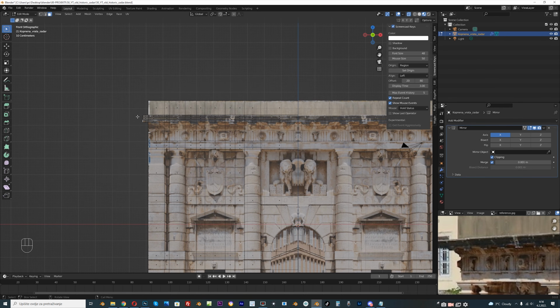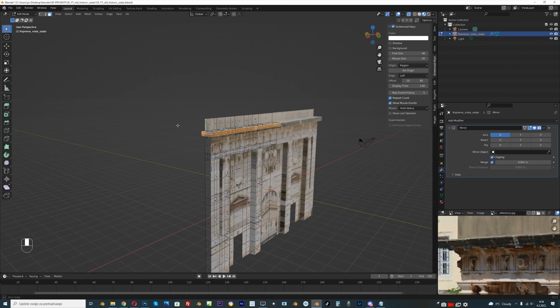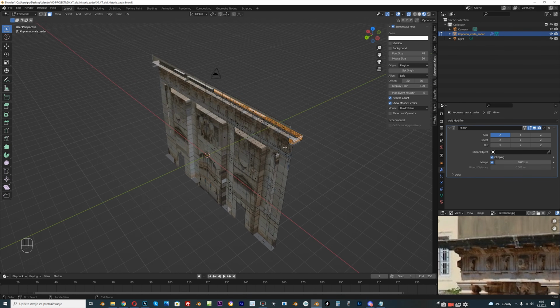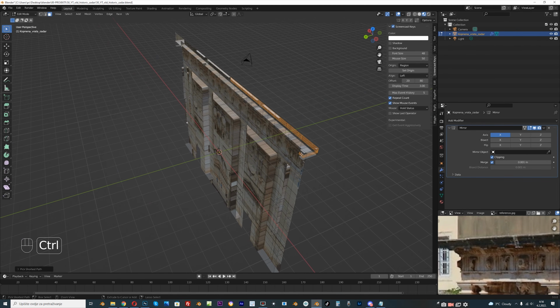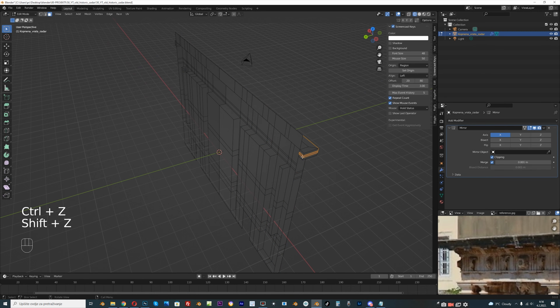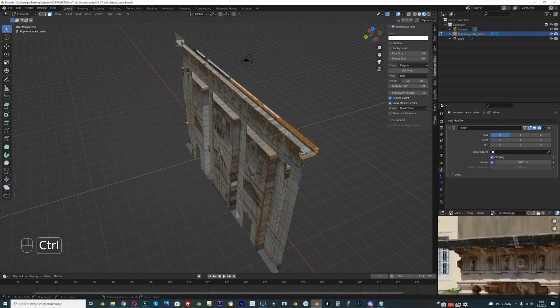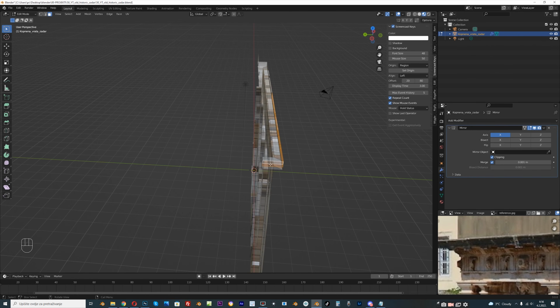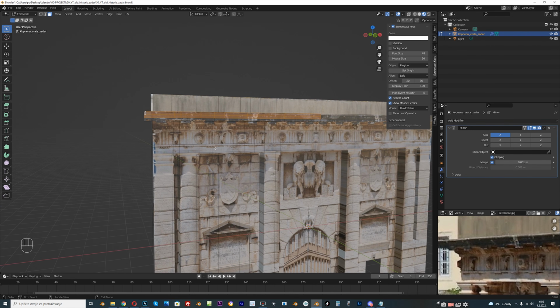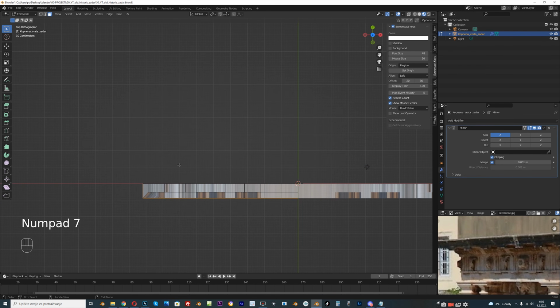And now I will select these two on top and just deselect this. With Shift select this again, and now I will go again with Alt E extrude face along normals,